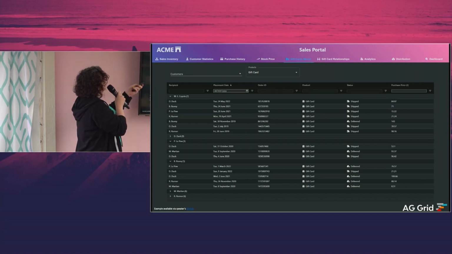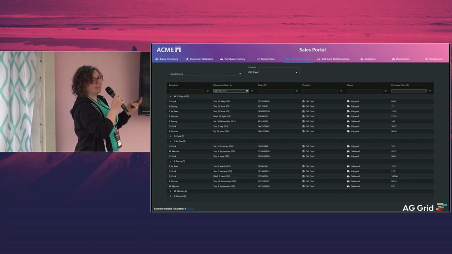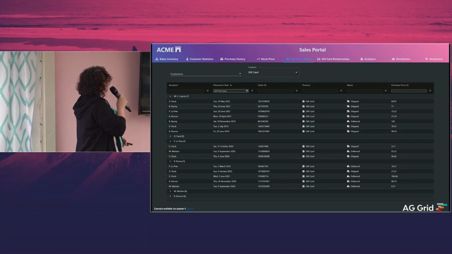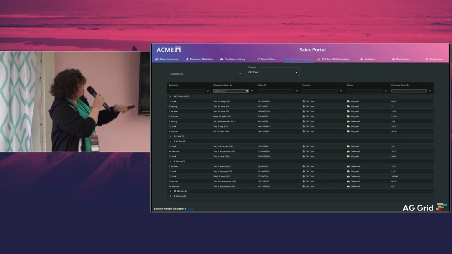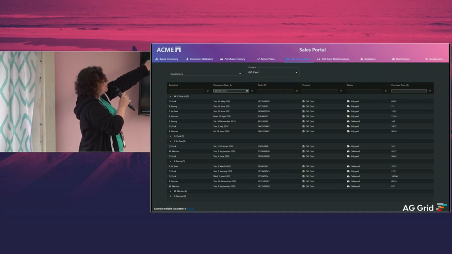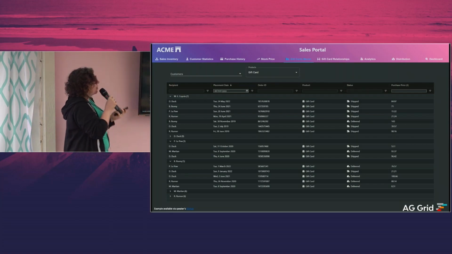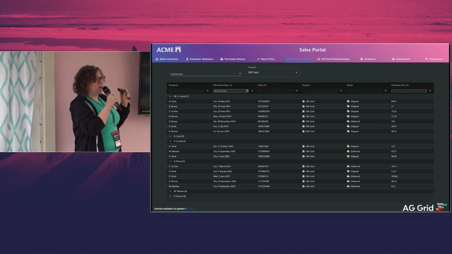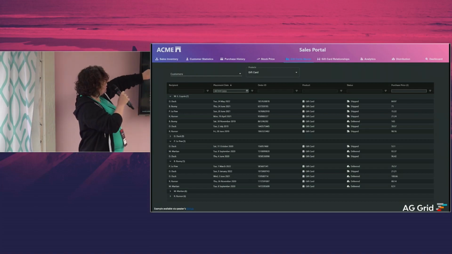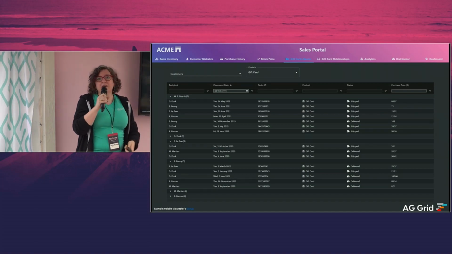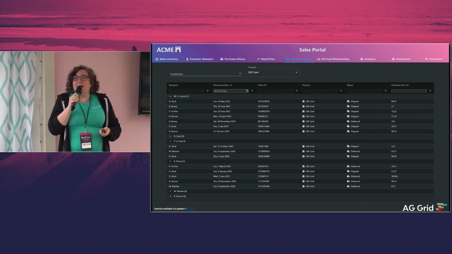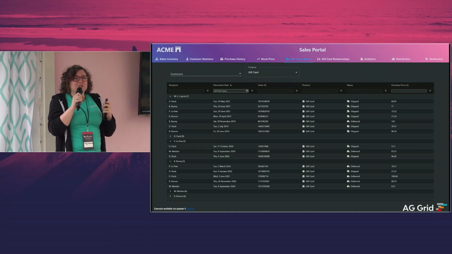in AG Grid. What you can do is have your recipient as a kind of parent, and then Wiley is sending gift cards to all of these underlying ones. That's the idea of the data set in here. But that doesn't really make sense because this column says recipient, and he's not a recipient, yet he's still sitting in that column. There's other ways to do this where you have something called master detail, where you pop a mini grid out within a grid, which can get really trippy. But to be honest, there's some problems with that.